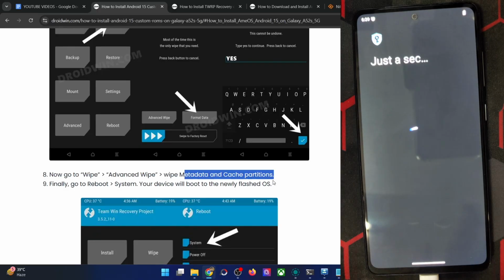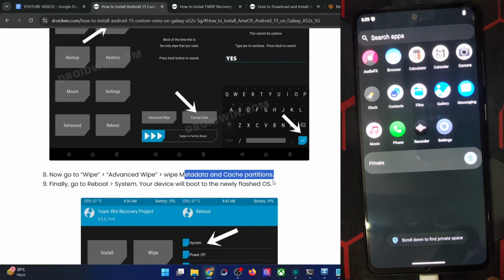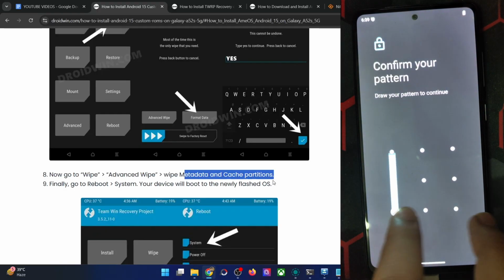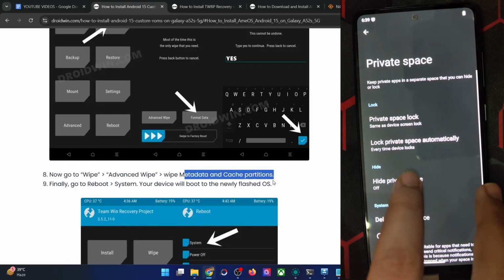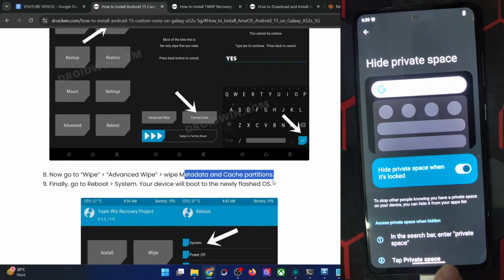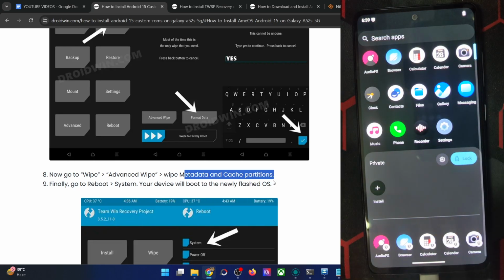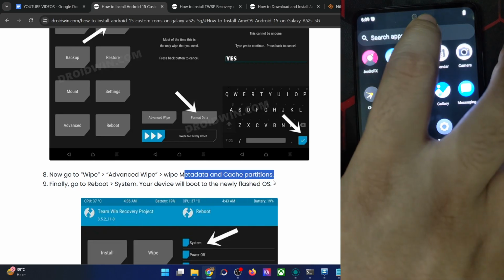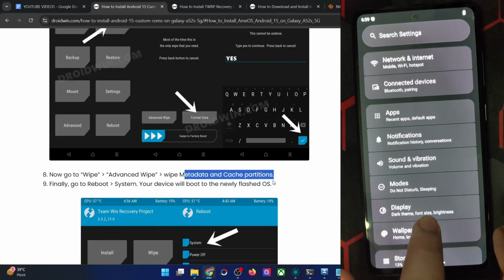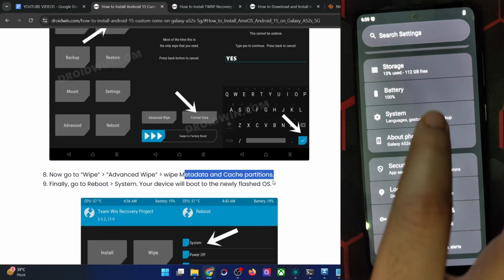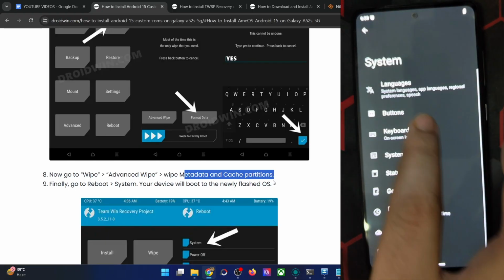And let's check out the private space as well. Tap on done, and you could now add your apps over here. And the best part is you can even hide the private space from the settings option. Hide it from here. Tap on got it, and now you could hide the app from here. To show it, just type private space over here or access it from the settings menu. Apart from that, let's go to the system menu and see what all is there.